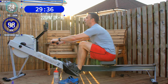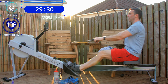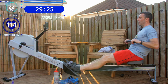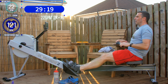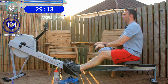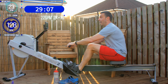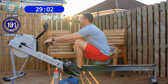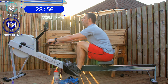The 22s are your lifeboat. It's going to be really easy to want to push the 22 because 2k plus 16 is going to feel quite easy, but trust me, by the time you hit the 24 and then the 26, you're going to be glad of the fact that you held this at 2k plus 16 or plus 15 if you wish. Like I said, I'll give you that 1 second leeway,